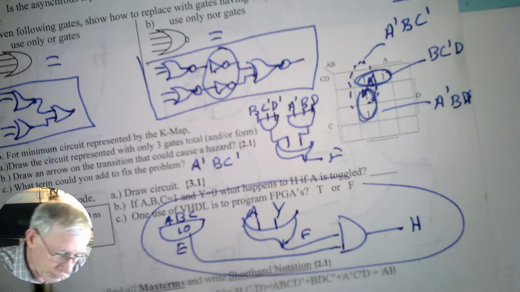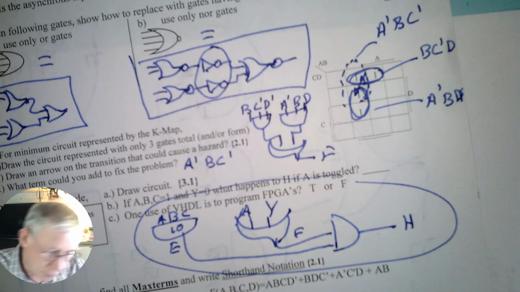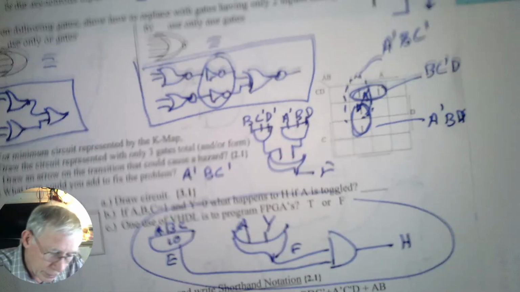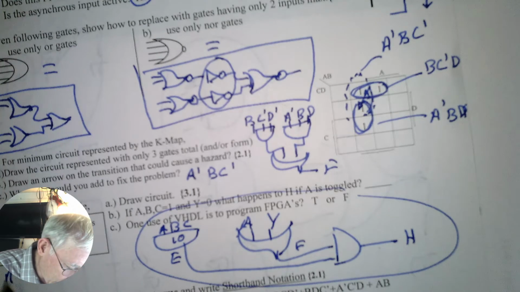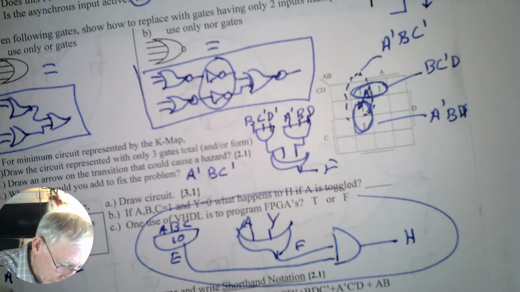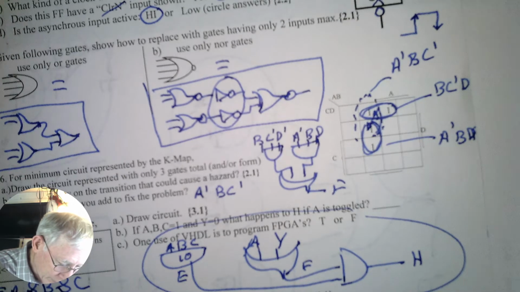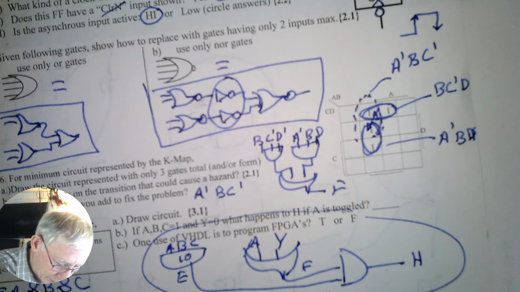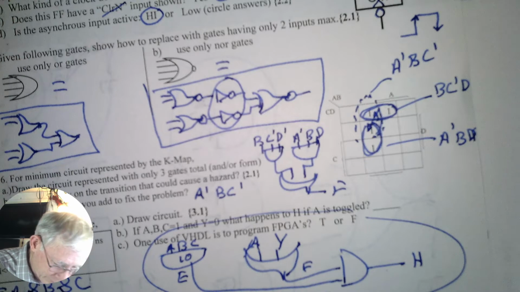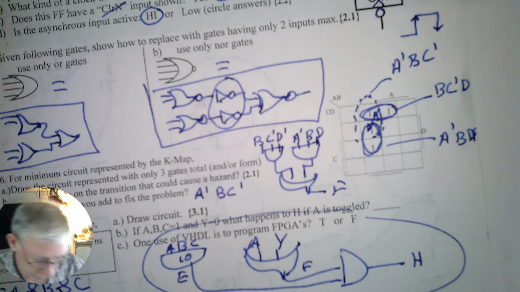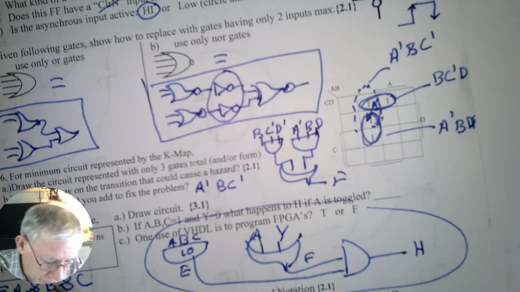Okay? This is actually VHDL, not Verilog, but we've gone over Verilog. If we wrote this in Verilog, it would be A ampersand B ampersand C equals E, and F would be A vertical bar Y, and H would be E ampersand F. So it's just a little different. We use ampersands and vertical bars for ANDs and ORs. Okay, hope you remember though. Go back and review those lectures.